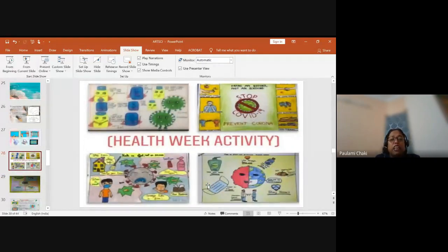And then this we did in our last school, in last year's Health Week activity. We wanted our children to represent. This is a cartoon strip, teachers, and this is a poster. So we asked them, whatever way you want, cartoon strip, poster, slogan, we want to have something on stop COVID-19, prevent corona from spreading. So this is how they have given a nice portrayal of this. You can see how nicely they are using their own brains, and they are coming up with beautiful ideas.